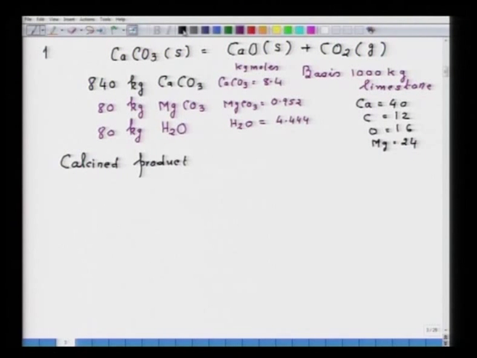So, once you know this, now the calcined product immediately we can write down,